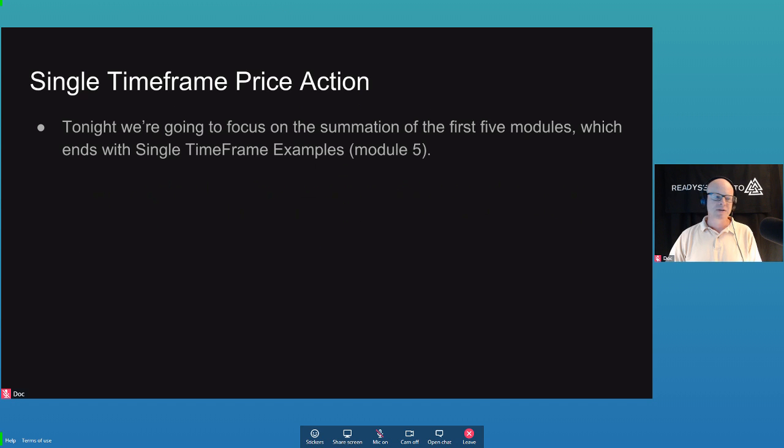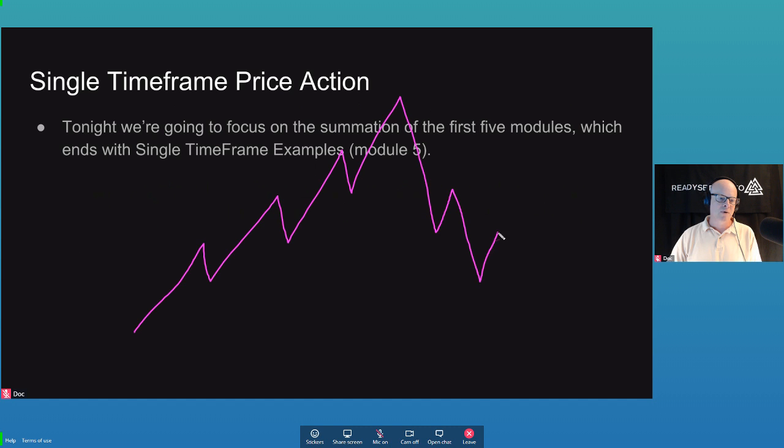And so you guys now know that uptrends are a series of higher highs and higher lows like this. And downtrends are a series of interconnected lower highs and lower lows. And usually the price is doing something in between one of these. It's either moving up, moving down, or trying to decide where it's going next. And as you guys know, range expansion leads to range contraction, which may be the case sometimes, like the current market right now. Okay, so that's kind of what we're focused on tonight.